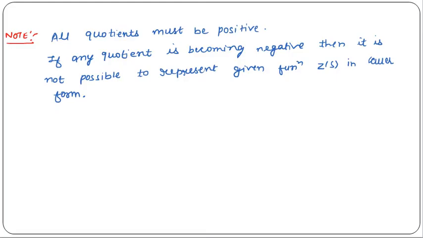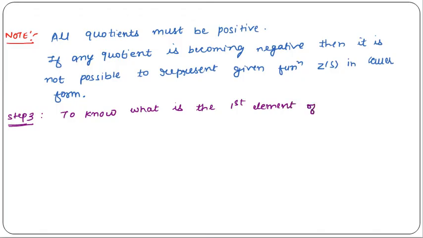Now in the next step we will find what is the first element of the network. Okay, so this is step number 3. So in this step we will find out which is the first element of the given network. So to know what is the first element of the given network,